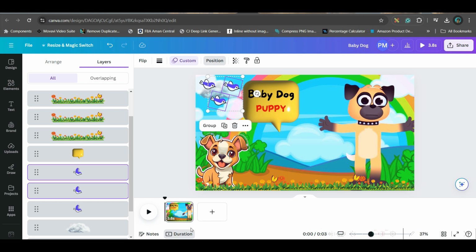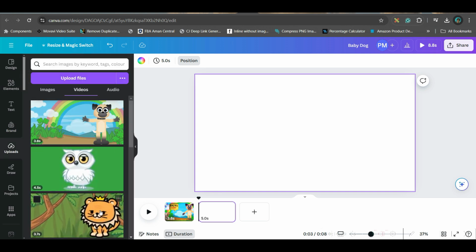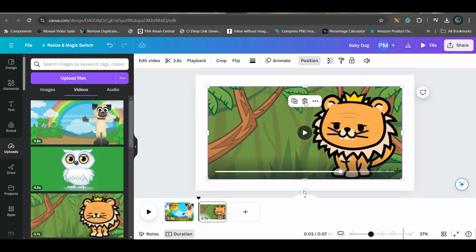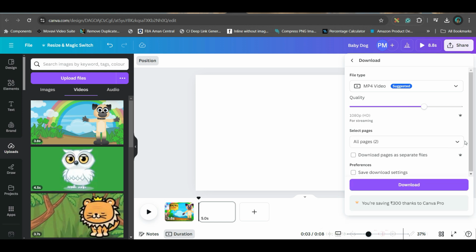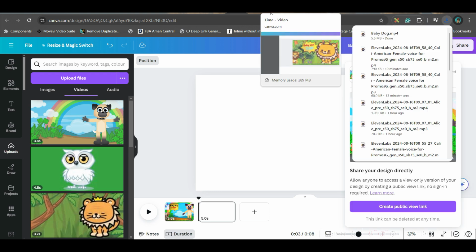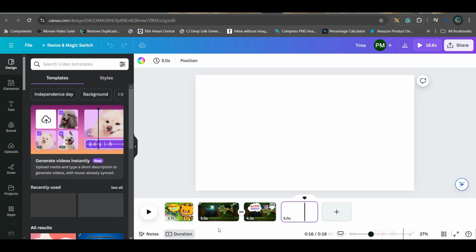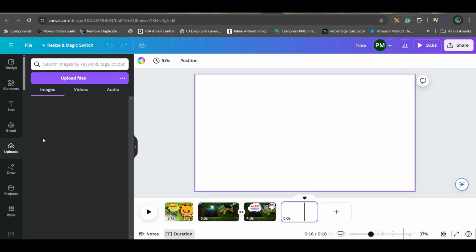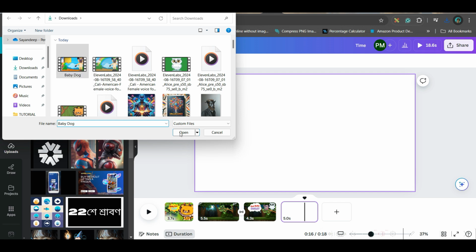Okay. Once this is done, then you need to add a new page like this, and then go to upload section. Again, same way you'll have to take the lines. So what I will do, I will simply download this video in MP4 format, just the first one, and download it. Go to this option. I was creating this, so I have got two videos ready. Now I'll take a new page, the one which I have downloaded. I will go to upload section. I will simply open that.